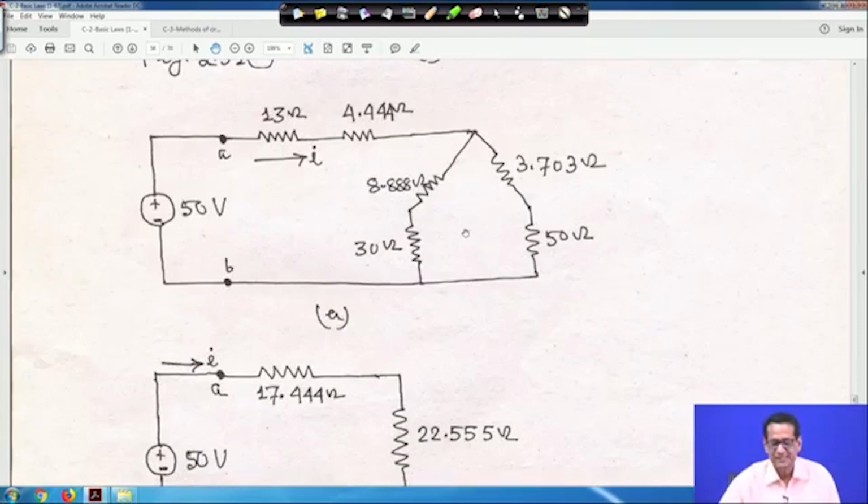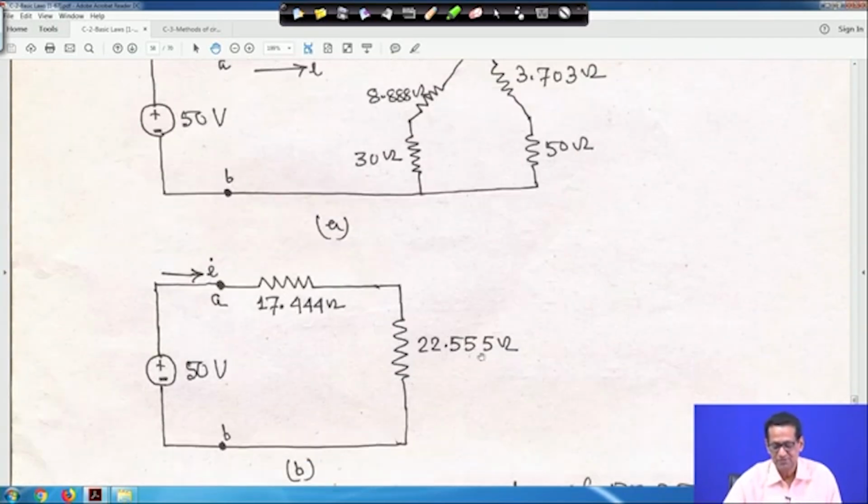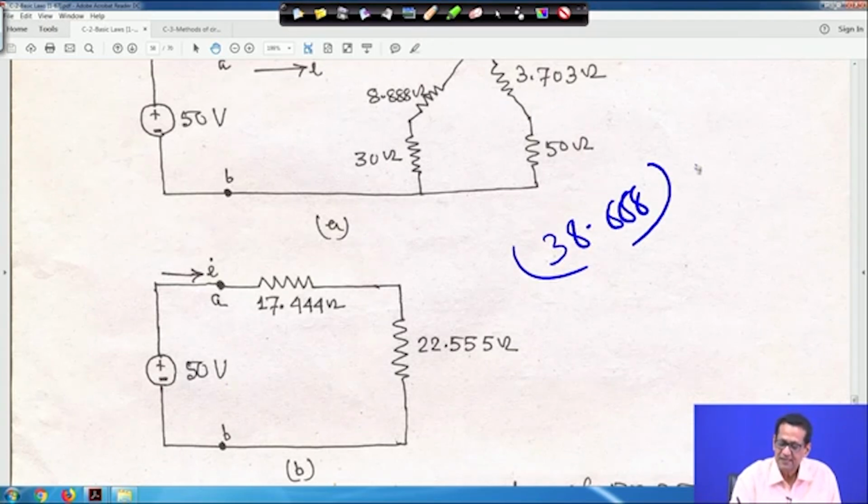So, this way it is coming. Now add these two, and these two are in parallel. That is 38.888 and 53.703, these two are in parallel, make their equivalent, and this is 13 plus 4.4, 17.444, and their equivalent will be 22.555 ohm. It is something like this: 38.888 into 53.703,